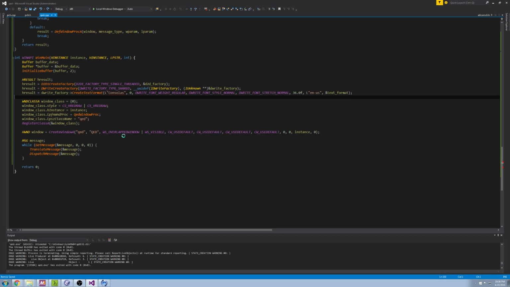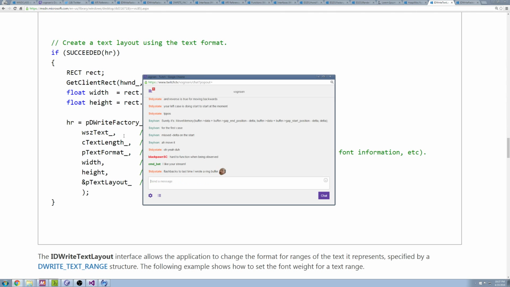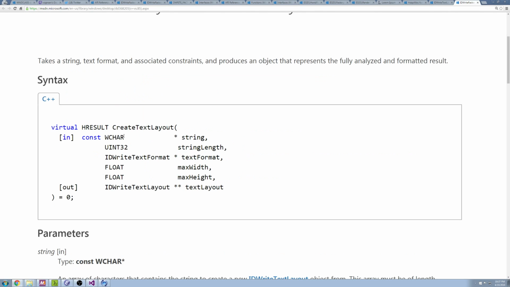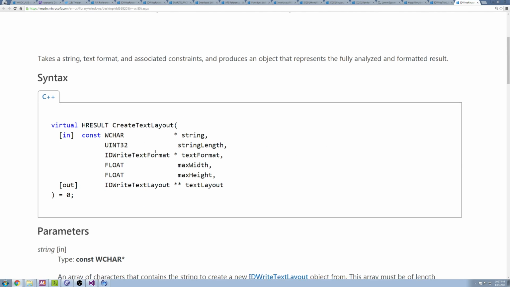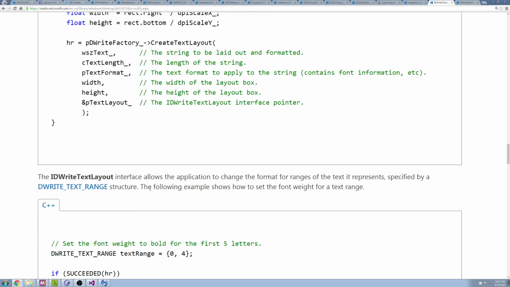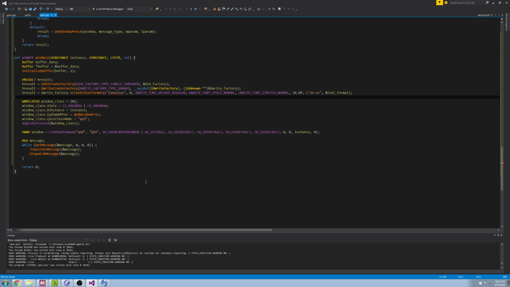Actually, let me do it that way. No. I would like to be able to... you don't really know where the gap in the line is, so you want to be able to sort of piece together what to draw. Hang on. You want to be able to take a line that's split in two halves by the gap